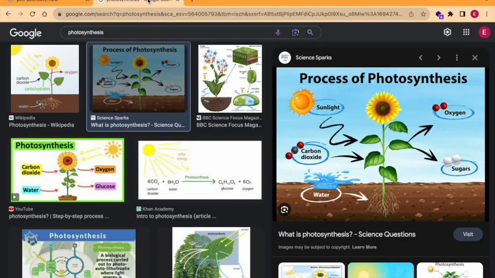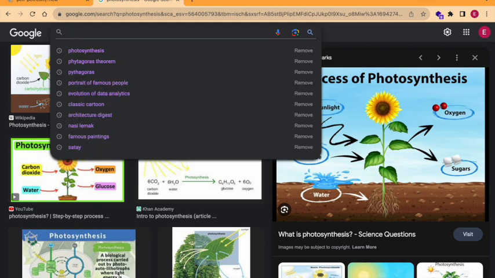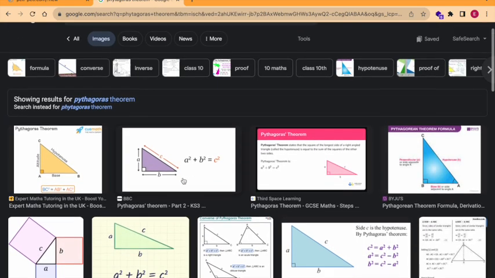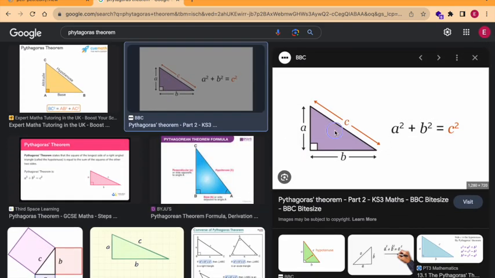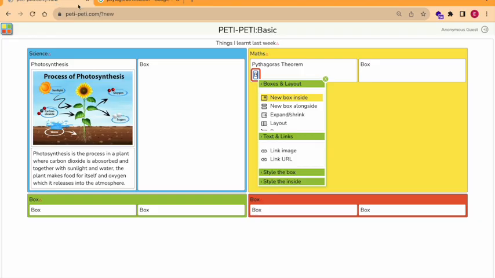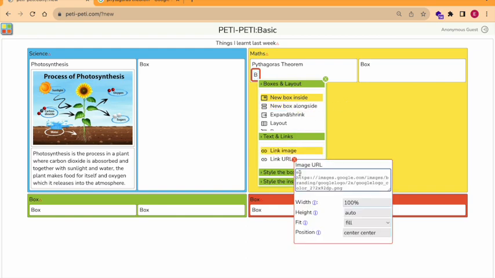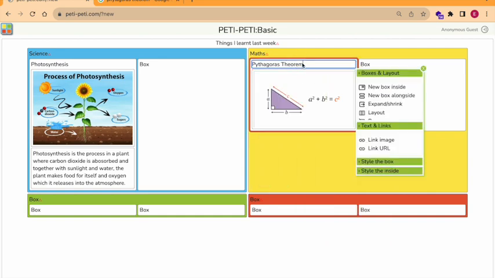I switch to Google Images, and you can actually select photos from almost any website that allows you to copy the image address. So Pythagoras theorem, right? And this image looks good enough. I right click, I copy the image address, and I come back in here and I link the image address by pressing Command V. Right, so I've got the image there, and then I select Pythagoras theorem again, new box